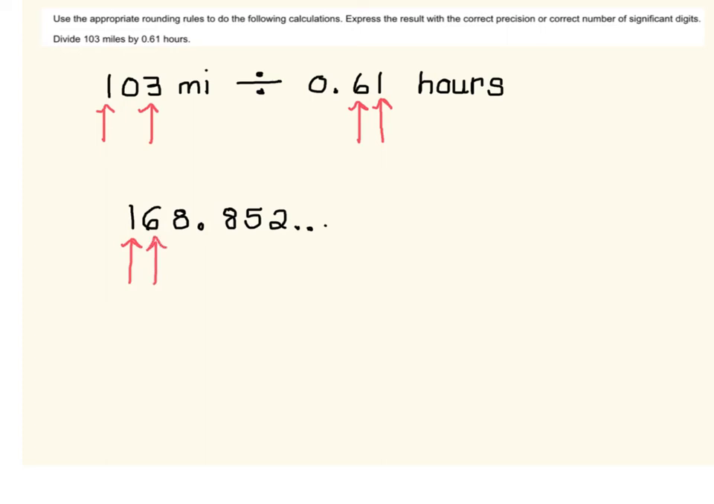So let's bring it back to black. The result will have a 1 and a 6, except we're going to notice here that this value 8 is greater than or equal to 5. So it would say it's greater than